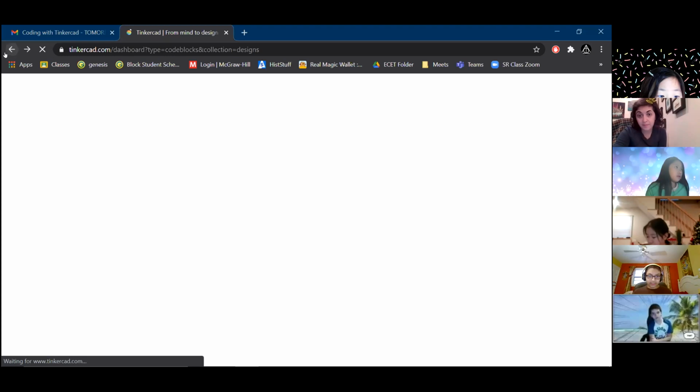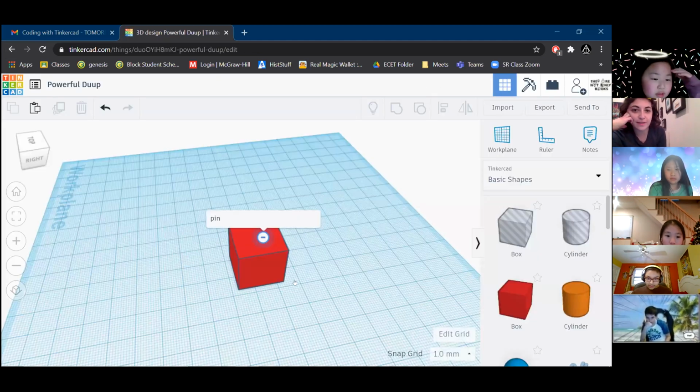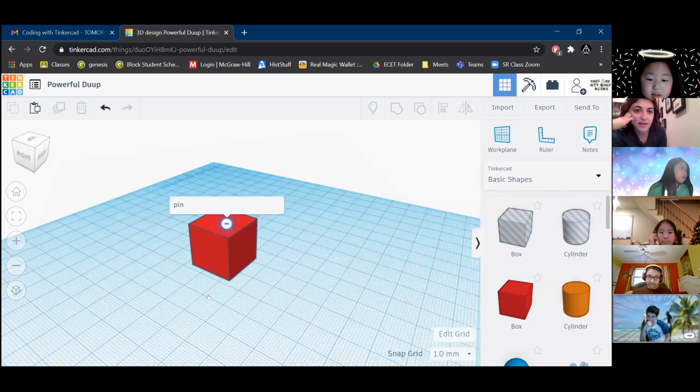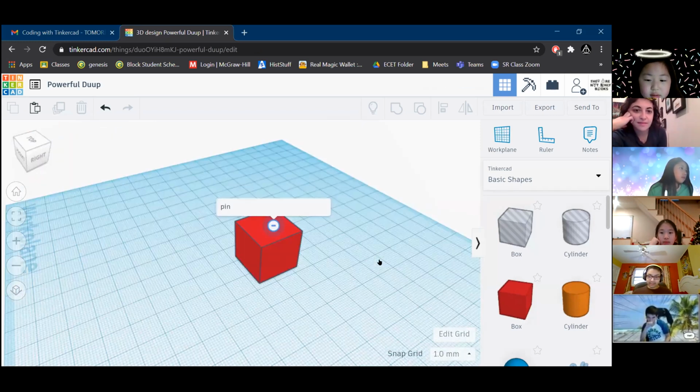For printing, I don't think it would have anything useful, but this would be good, for example, if you were making some very complex object, and you wanted to show that this cube is a pin, then you could label it like this. Your screen is kind of frozen. Yeah, DJ, we're just, oh, okay, now it's finally loading. Can you see the thing moving? Yes. Okay, sorry about that.